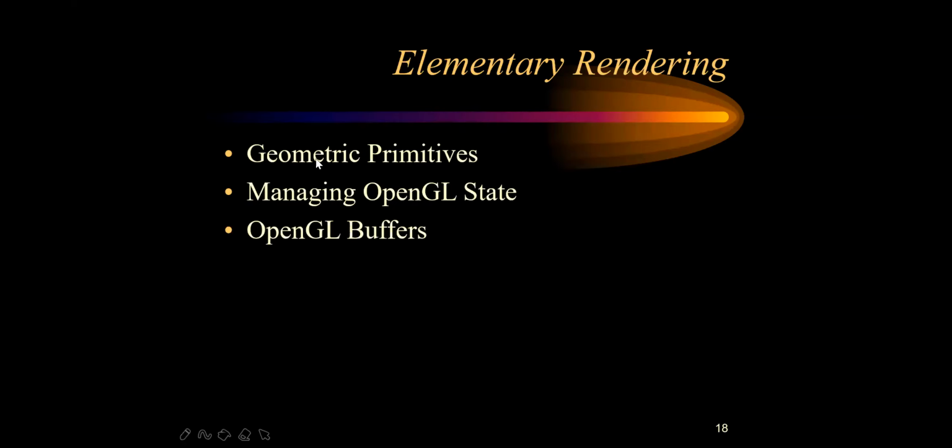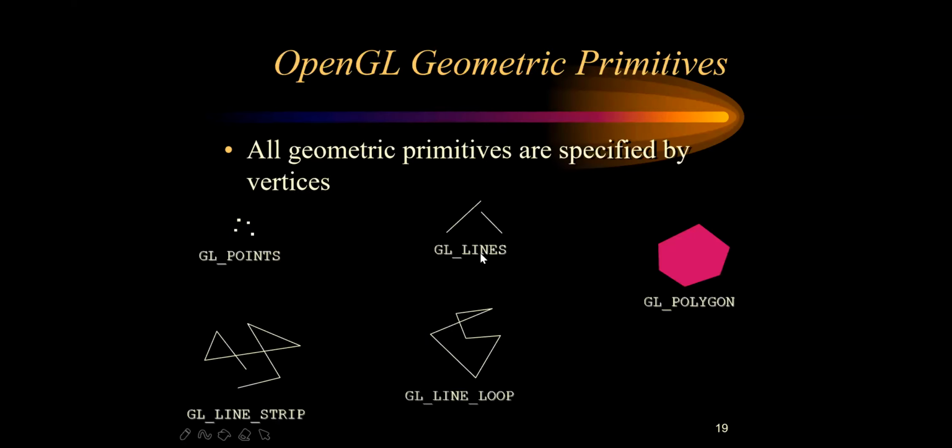There are some common lines which will be there in almost all programs, so don't worry, they will be very easy to remember, because it can be a buffering part or a state part. We will see how we are going to do it. Now these are all geometric primitives. They define how you are going to draw points or any other objects.